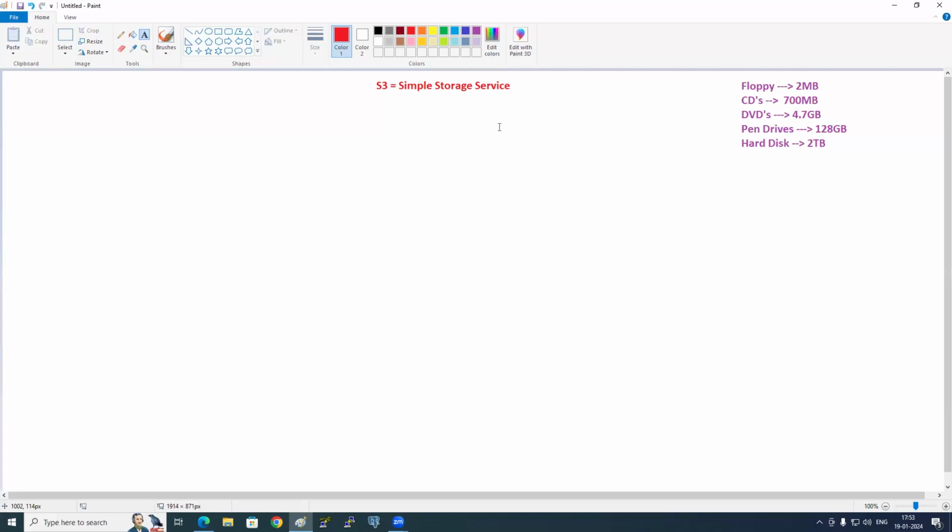So how do we remember? Should I tell you how to remember this, so that you will never put the wrong answer in certifications, right? Remember, whatever we are learning till now from me, is it simple or not? Simple. Remember, in AWS, most of the services start with simple and end with service. What service is this? Storage service. Now tell me the full form. Simple storage service. Is it service storage? No. Everything will start with simple, end with service.